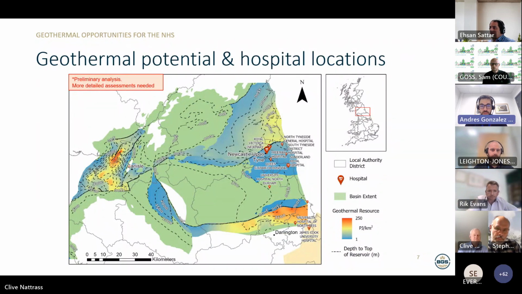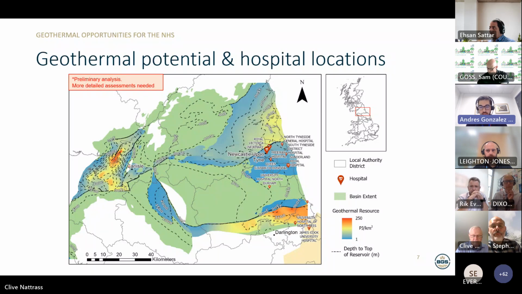So I'm going to present some of these more detailed analyses in these basins. I'm going to start with the Northeast. As I said, these are preliminary analyses, and we need to assess the resource in more detail. What we have done is to get the size of the basin, the depth of the basin, the thickness, and use some analysis to estimate the resource or the heat in place. This is the maximum amount of heat that could be extracted. This is not the final amount you can extract, because that is not possible, but it's a first step to